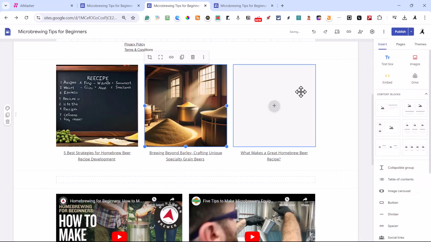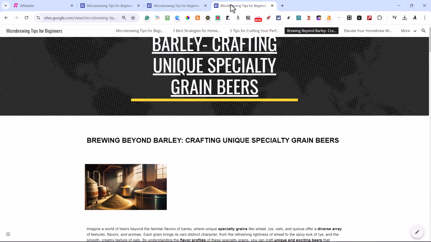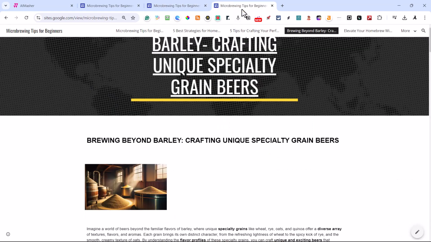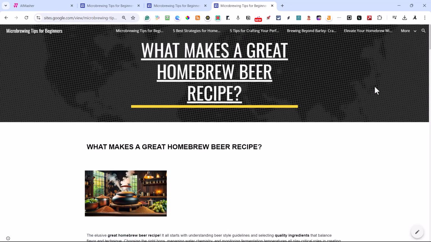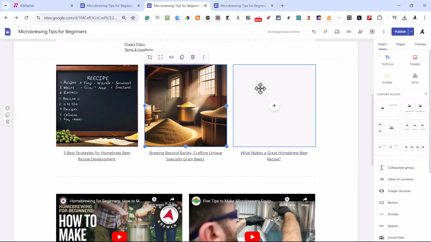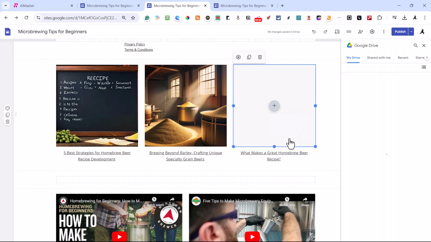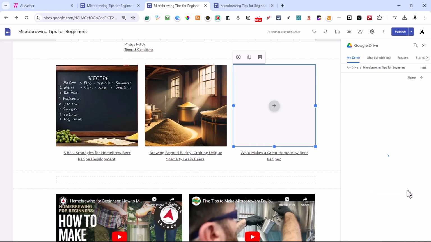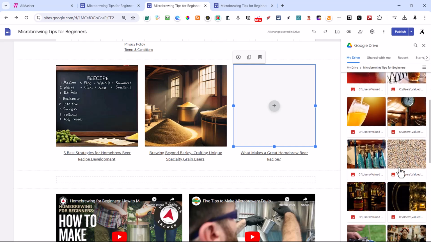Hit insert, and the last one is what makes a great homebrew. What makes a great homebrew? Okay, so you got the steam kettle there, and let's go back over here, and we'll pull it from Drive. Now you can do an upload, you can pull in Google Images. A lot of flexibility here.